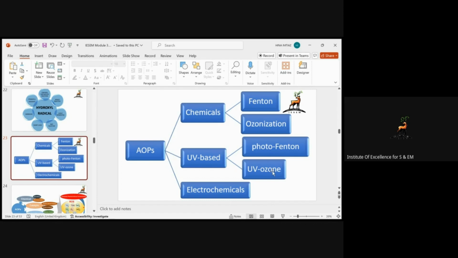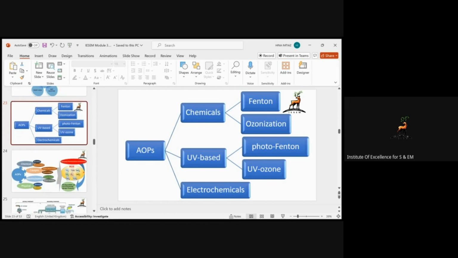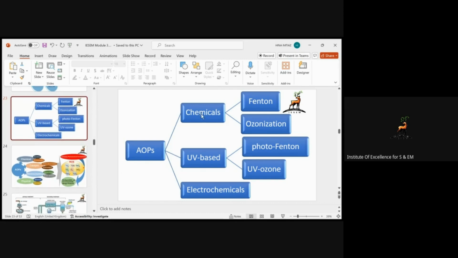So again, this is the UV ozone layer. You can basically combine the two strategies. Number one is the ozone, and the second one is the ultraviolet radiation. The third step is electrochemical: you can use electricity in treating the wastewater. And again, this is basically a flow sheet, so you get a clear idea about the advanced